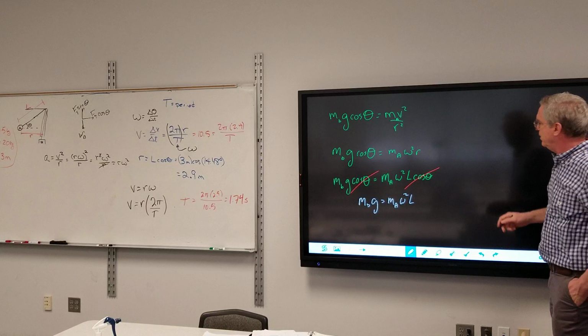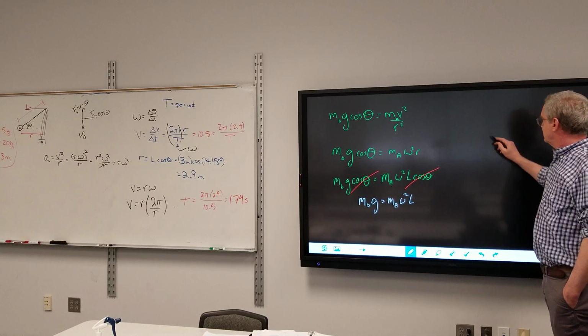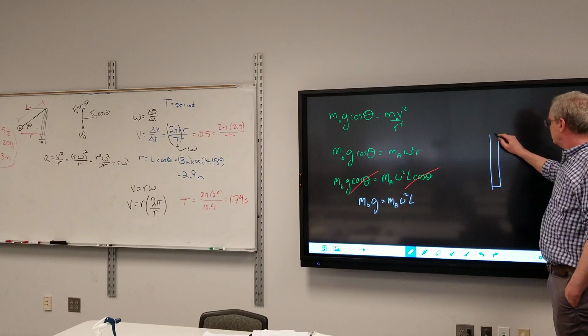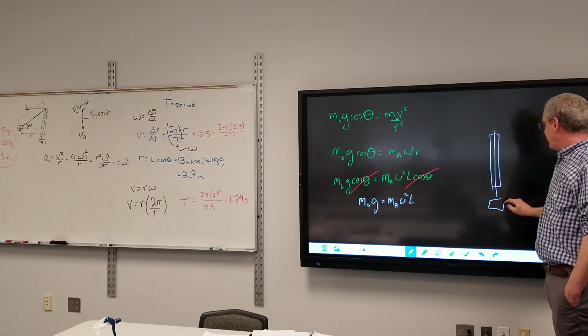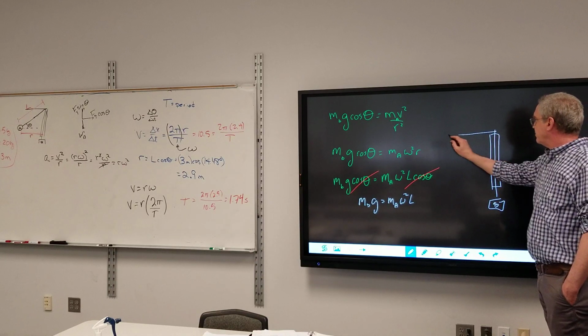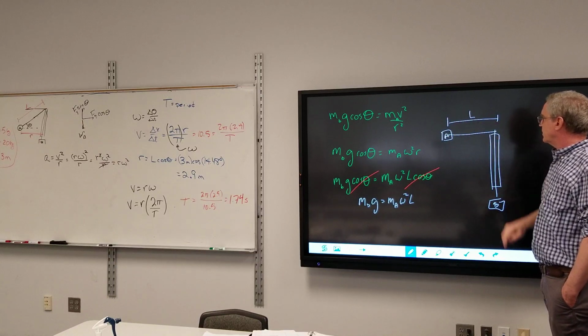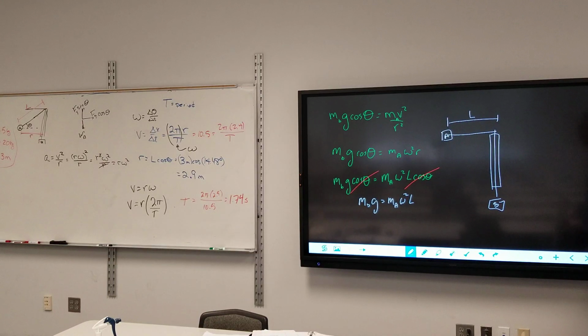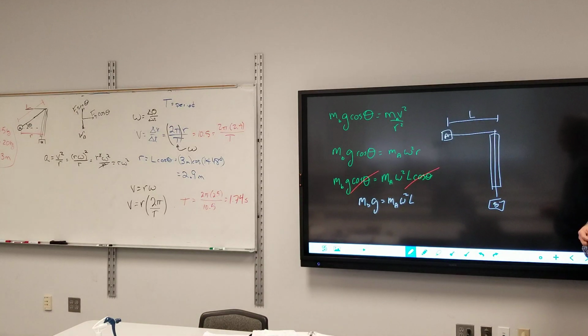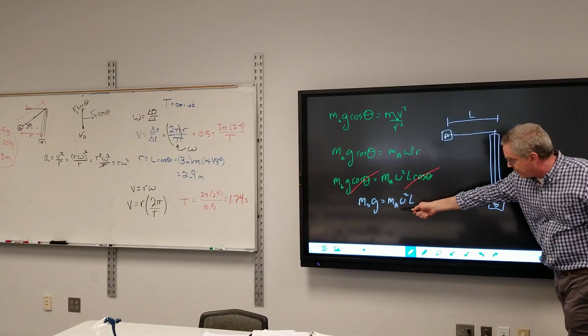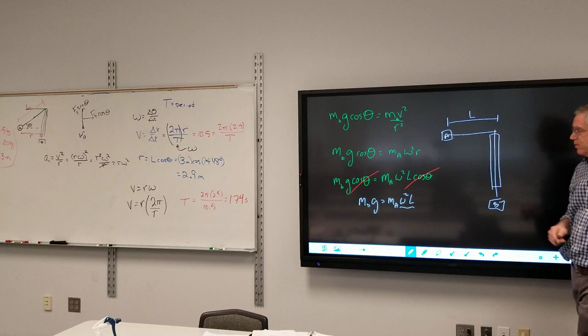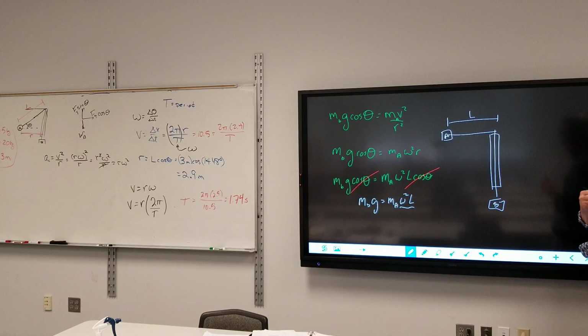It's as if we were dealing with the following situation. I still have mass B down here. It's as if mass A is swinging, that's L. It basically is this situation. If I'm using that as it ends up, the omega squared times that length right there. And in the 110 version of the lab that you'll eventually do,